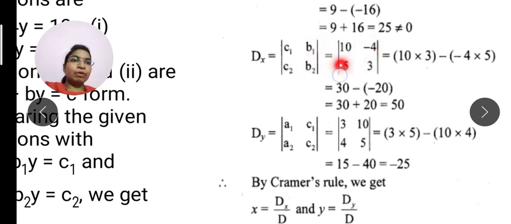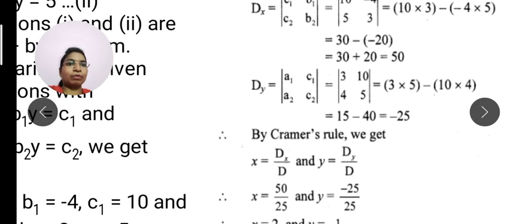After writing the value, same, you have to do cross multiplication. Now 10 3s are 30. This minus minus becomes a plus, and then it will go 30 plus 20, because 5 4s are 20. So 30 plus 20 is 50. Same way you have to find out the dy. Now when you are finding the dy,